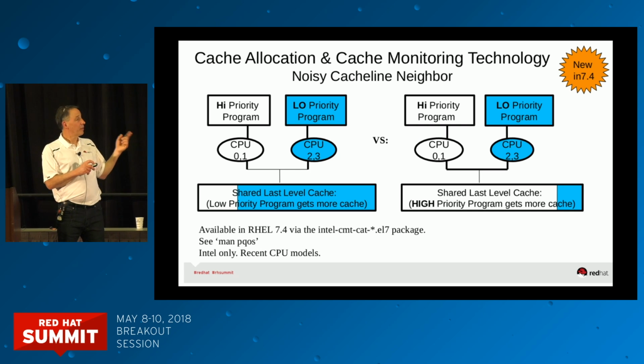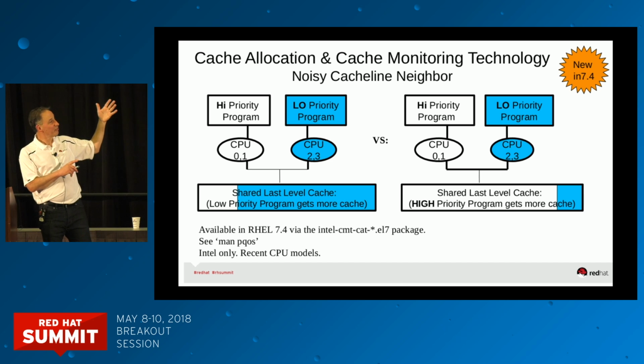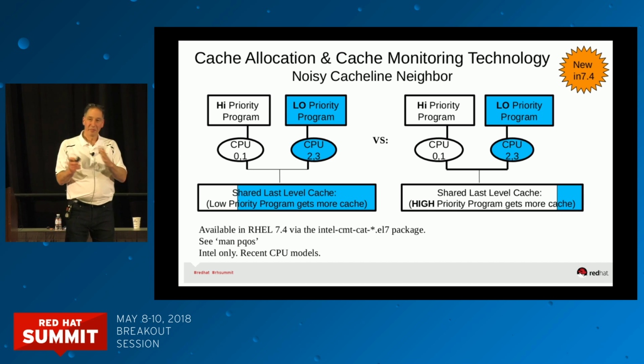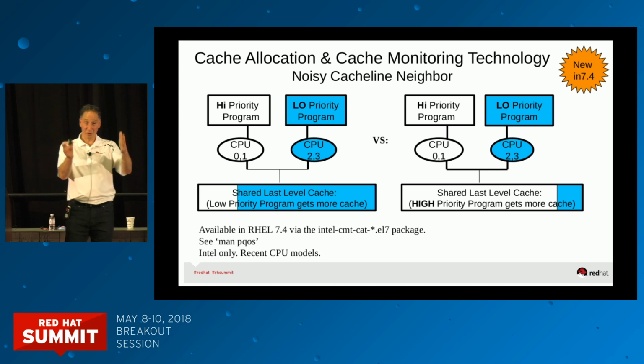Noisy neighbor. Intel came out with cache allocation technology, CAT, and CMT for monitoring. It started being available in Broadwell. Skylake came out, and then they found out it doesn't work in Skylake, so it's temporarily off in Skylake, but